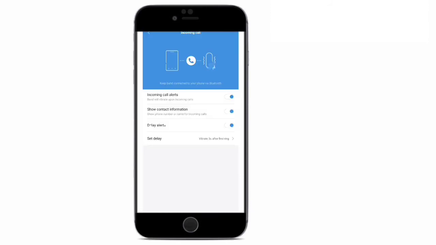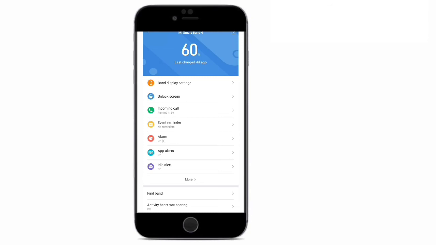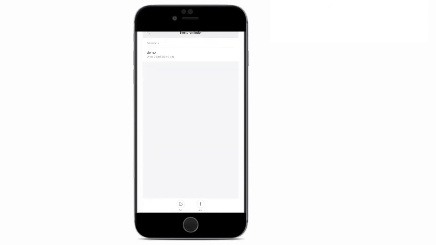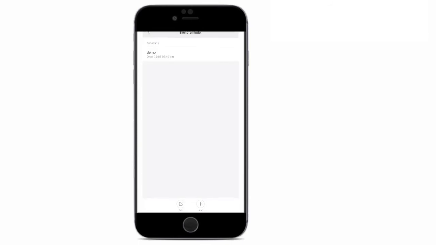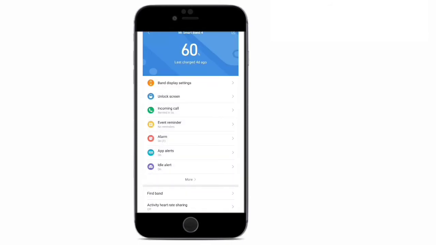So guys, next is the event reminder. According to the name itself, you can understand that it reminds you about the events you need to perform. For example, if you need to watch TV between 12 to 1, you can type in watch TV and set the time at 12. So when you're wearing the watch, automatically when it's 12 o'clock, the watch rings and reminds you to watch TV now. It's a really helpful feature, so you can make a whole timetable of the day, of what activity you need to perform.